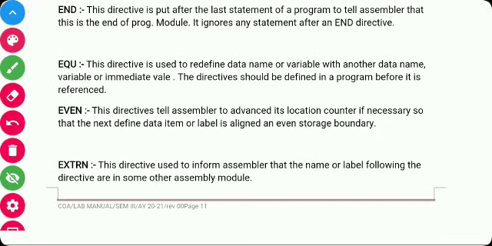Next is EVEN. This directive tells the assembler to advance its location counter, that is, align on an even storage boundary. EXTERN is used to inform the assembler that the name or label following the directive is in another assembly module, meaning it is external to the module.